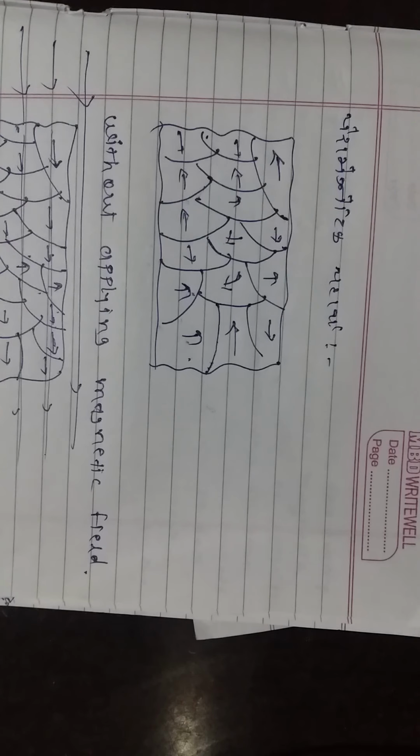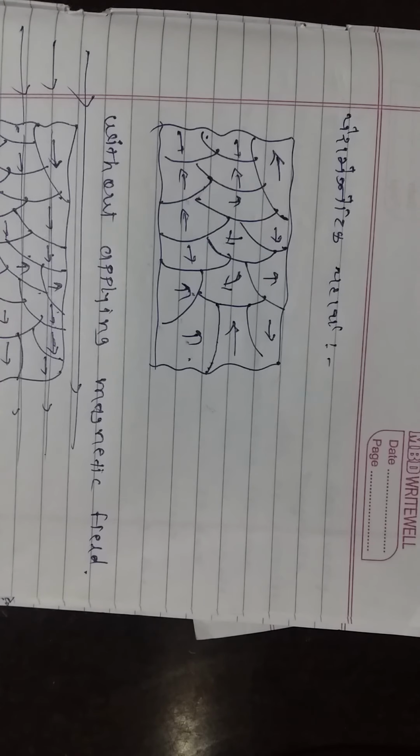Now we have covered the paramagnetic material, as we have seen in the previous video on diamagnetic material, and we have understood what a magnetic dipole moment is as well as what a domain is. In this paramagnetic material, the orientation of the magnetic dipole moments is random, as in a diamagnetic material, and there are no permanent magnetic dipole moments available here. This situation is without applying the magnetic field.